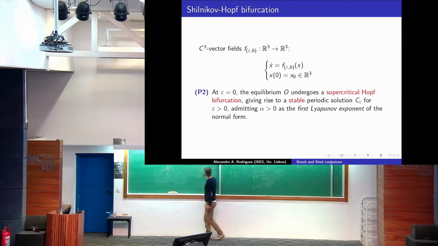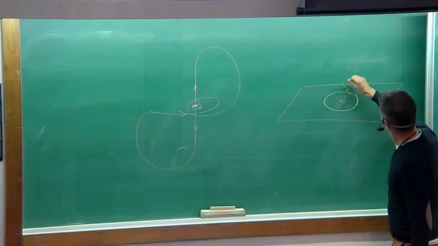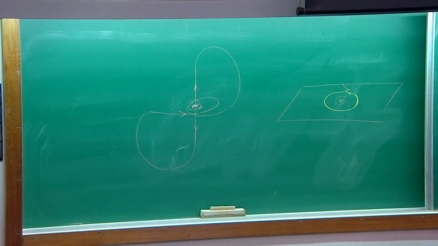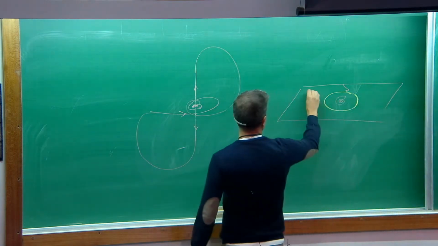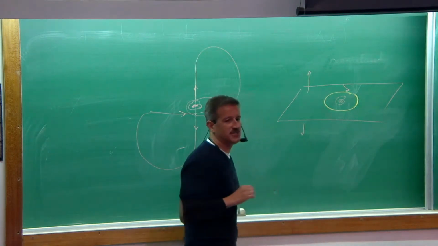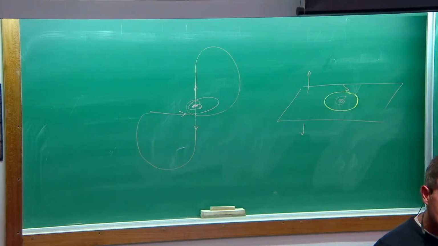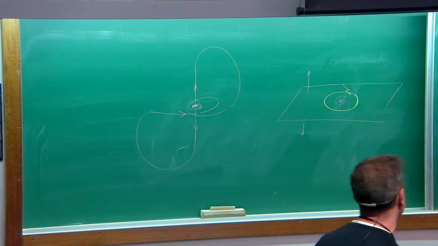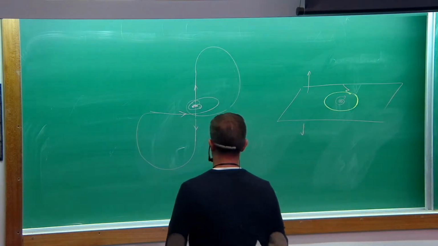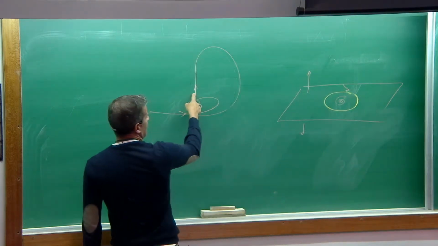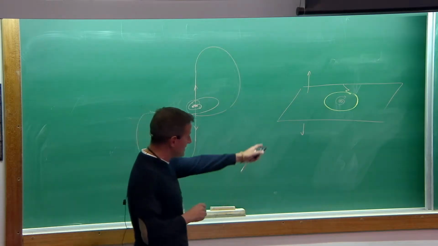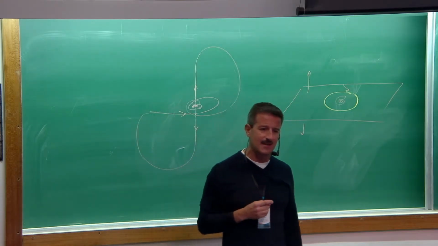Periodic solution appears here. It is a supercritical Hopf bifurcation. Don't forget that I'm not touching the other direction. So in particular, in this direction, I have expansion, right? This is the goal of the second hypothesis, the explanation of the second hypothesis. In particular, in this case, I can define the unstable and stable manifold.